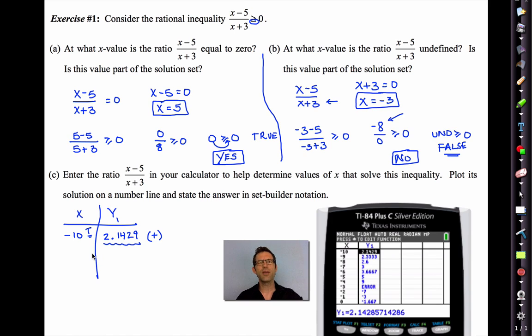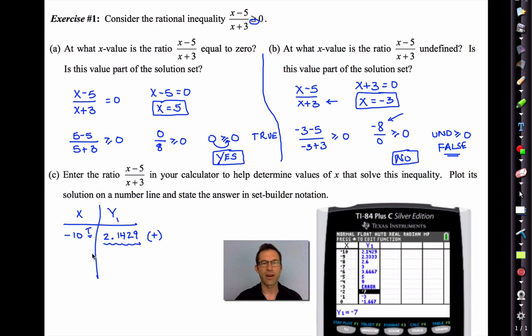So actually, let me go down in the table a little bit. When I go to -9, the output, the y column, is still positive. When I go to -8, the output is still positive. In fact, as I go down in that table, it takes a little while on this calculator, I continue to see positive outputs until I hit x equals -3. And at x equals -3, and this is very predictable from letter B, I see an error because it makes that fraction undefined. But what's really cool is when I go to x equals -2,